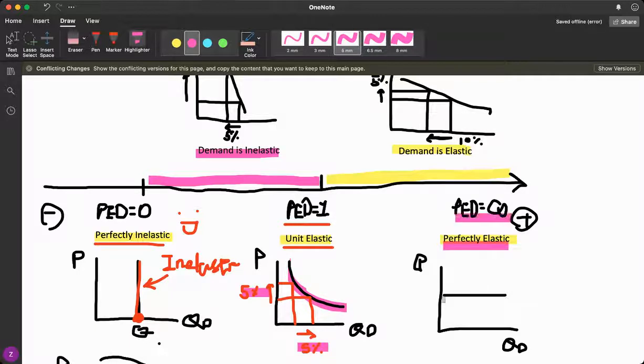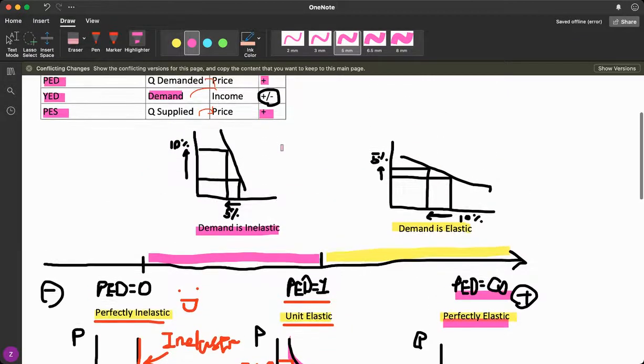It means consumers will buy any quantity at a given price. When PED is less than 1 but greater than 0, the percentage change in quantity demanded is smaller than the percentage change in price, so demand is price inelastic. When demand is price elastic, the value for PED is greater than 1